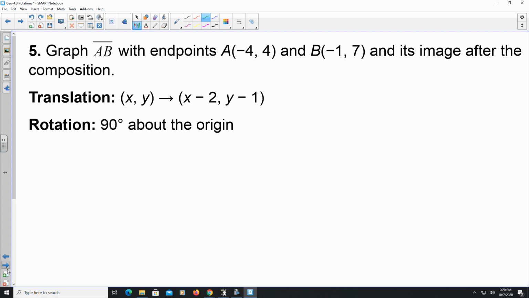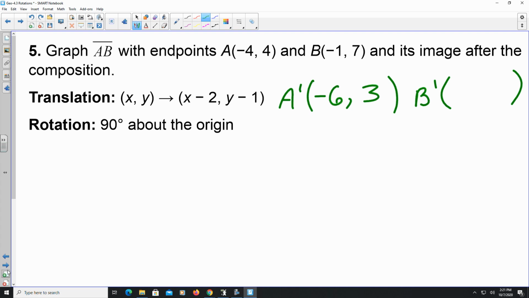In this particular situation, we have two things that we're going to be looking at. One, we get the translations like we did in 4.1, and then it says that we are doing a 90-degree rotation. So for the first part here, we're going to have A prime and B prime, and A prime and B prime are just going to be taken care of. Looks like it'll be subtracting both of our x and y coordinates. So -4 minus 2 is -6 for A prime for the x coordinate, and 4 minus 1, which is 3. So -6, comma 3